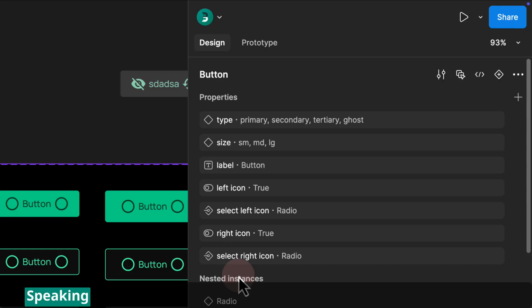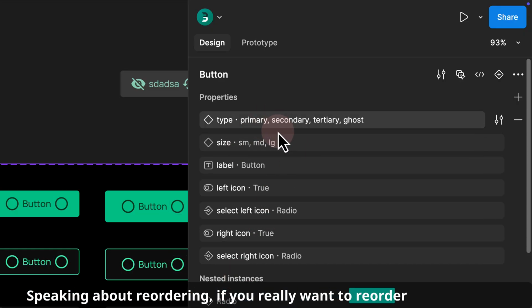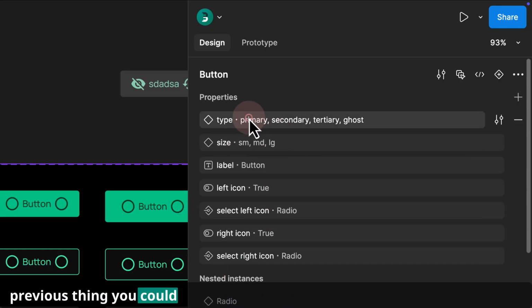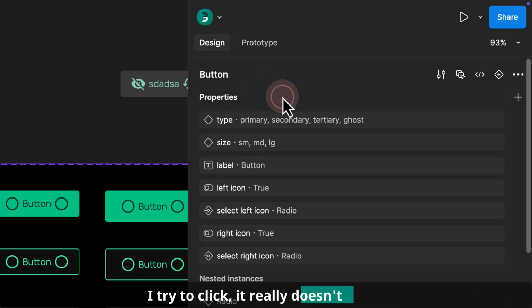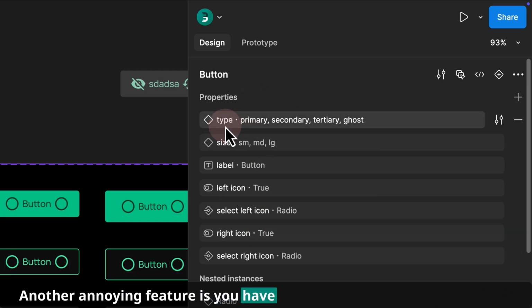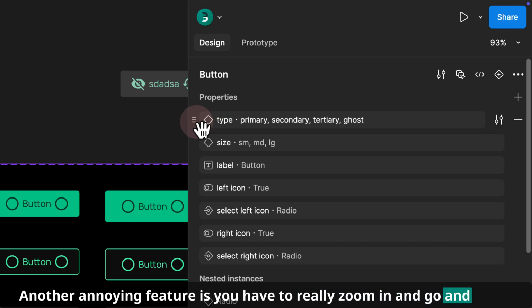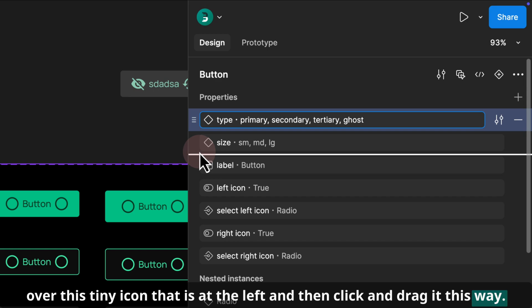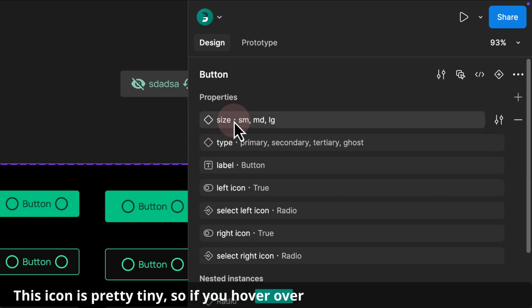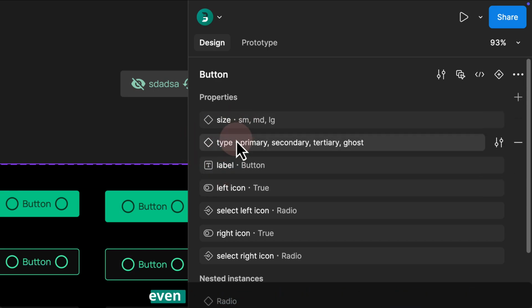Step 3. Speaking about reordering, if you really want to reorder your variants, previously you could click and drag this, but as you can see right now, if I try to click, it really doesn't work. Another annoying feature is you have to really zoom in and go and hover over this tiny icon that is at the left and then click and drag it this way. This icon is pretty tiny, so if you hover over this multiple times, you cannot even tell how you can